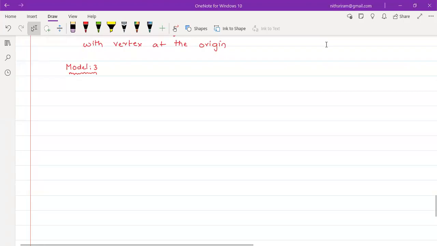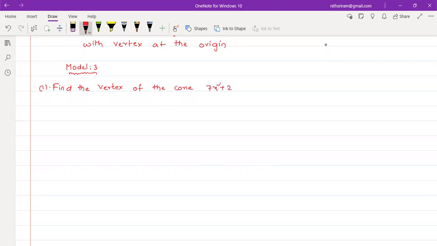Hello students, today I would like to discuss the next model in cones. So coming to the problem, find the vertex of the cone 7x square